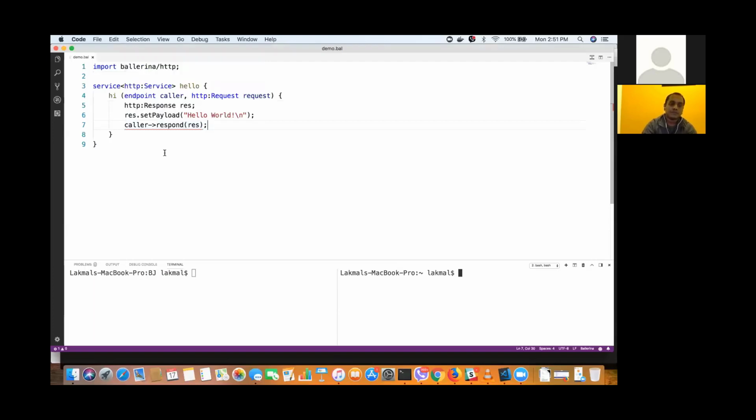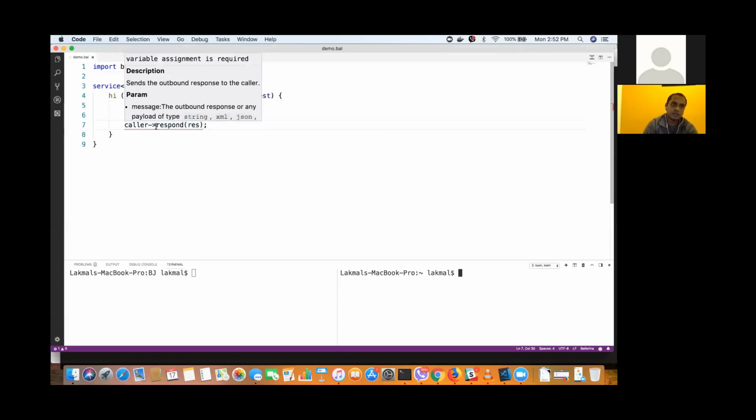Okay, so local would be in the context of the server. So res.setPayload would be in the context of wherever the Ballerina service is running. And caller would be on the callee or the remote side. Yes, remote side. And one fundamental design principle of Ballerina is to minimize developer mistakes when programming.